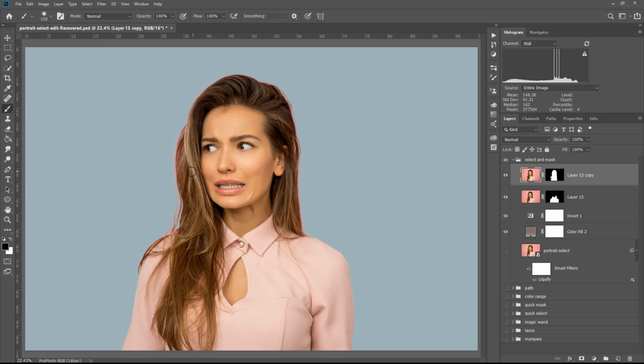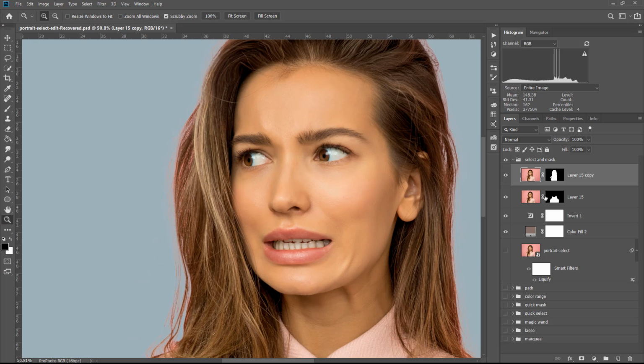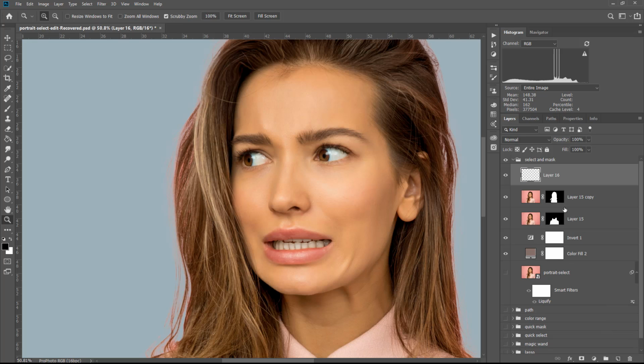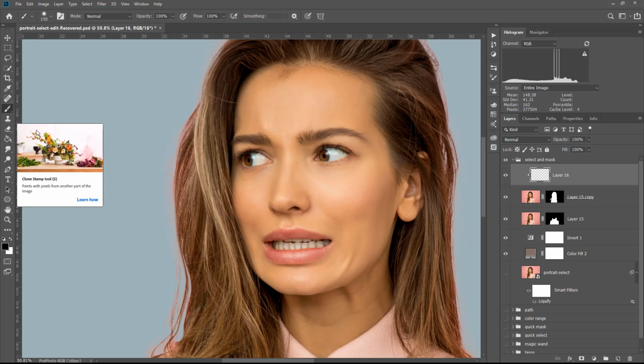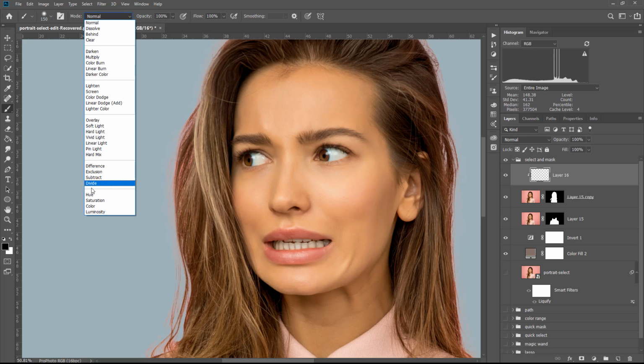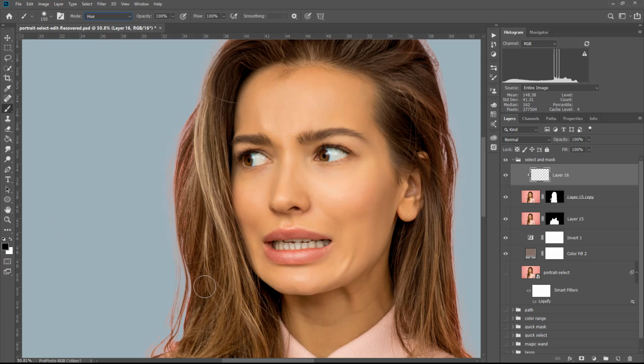Now, one thing you will notice is that I've got some color leaking. At times, you will have the option inside of Select and Mask to remove contaminant colors. I don't tend to do that because I don't like the way it looks. So what you can do is go in here, and I will create a new layer, and I'm going to clip this using the Alt or Option key to that layer below, and I'm going to select a color. Okay, just go onto my normal brush tool, and I'm going to change this to hue. Now I'm going to pick a color that's kind of local. So we'll pick that, and I want to brush over top of this hair, and you can see